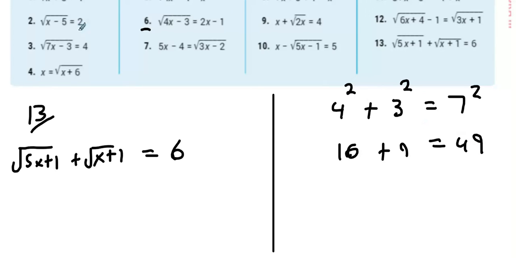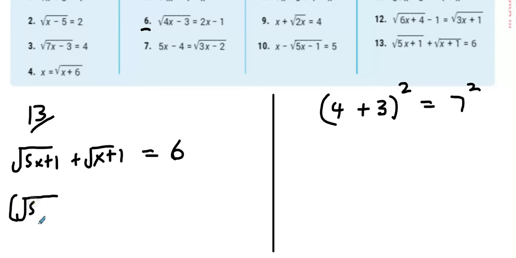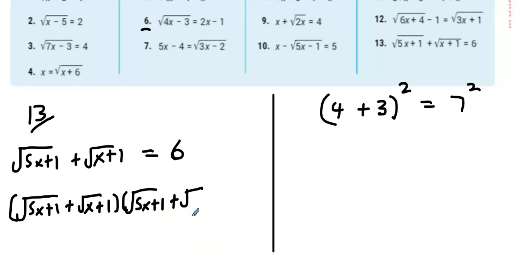However, if I square the full thing, if I go back here, and this is very important that you understand and know this, I'd have to square it like this for it to maintain balance. So that's very important, you know the difference. Now, with this question here, here's my first option. My first option is root 5x plus 1 plus root x plus 1 multiplied by another root 5x plus 1 plus root x plus 1, equals 36